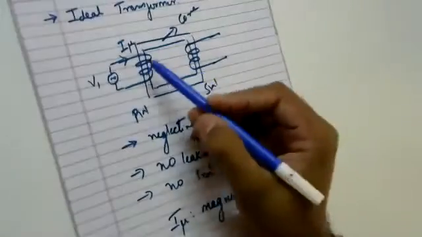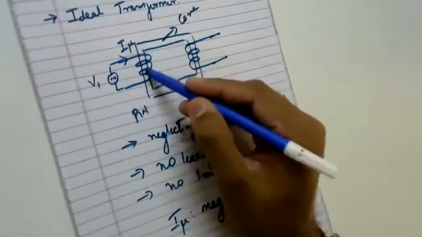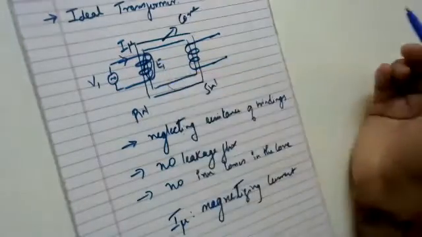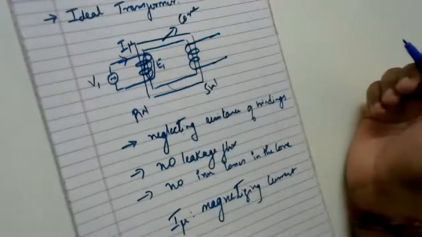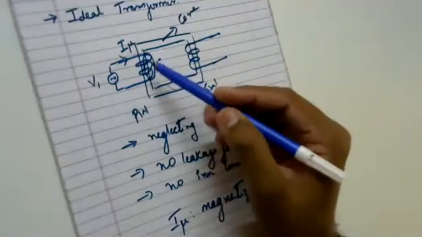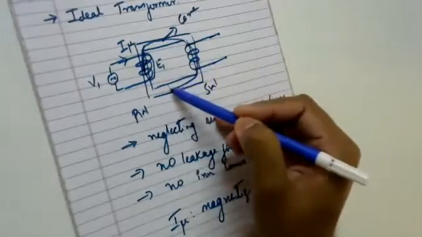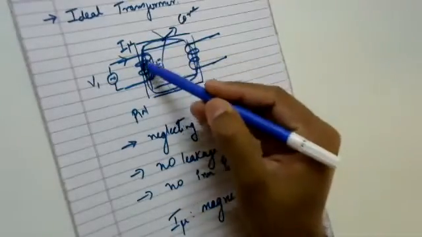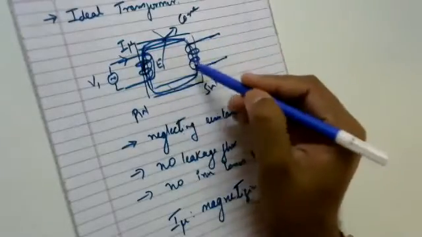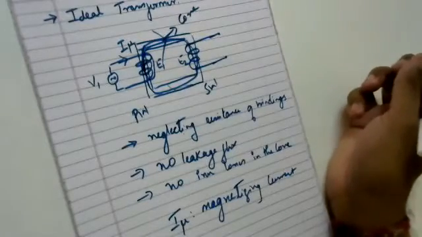Okay. Then, since some current flows through this winding, it produces a flux which links with the coil, and hence we get an EMF called the self-induced EMF. And some part of the flux links from the primary winding to the secondary via the core. It moves from the primary to the secondary using this magnetic core path, right? Hence it produces one more EMF, called E2, which is called the mutually induced EMF.